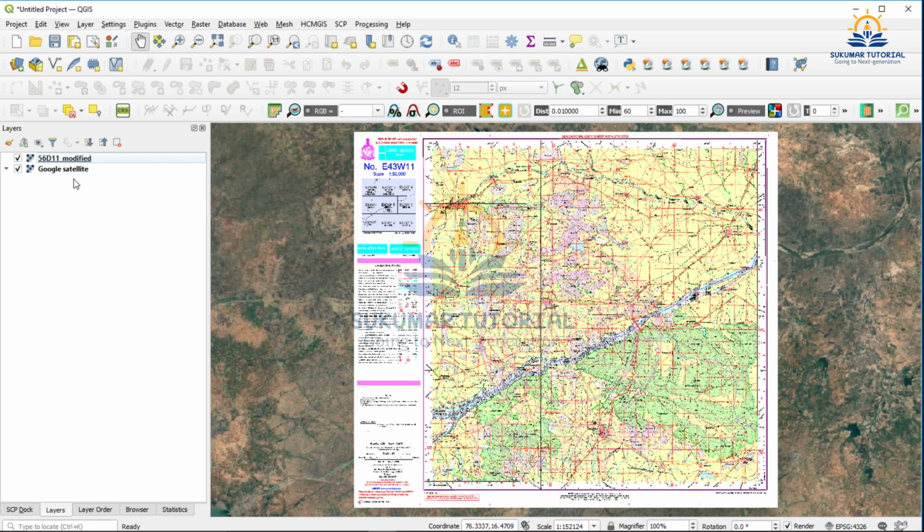Close it. The Google satellite map is over the topo sheet, so just bring it down. Now the topo sheet is visible, and in the background you have the same area of Google map, but you are not able to see the details of the topo sheet.